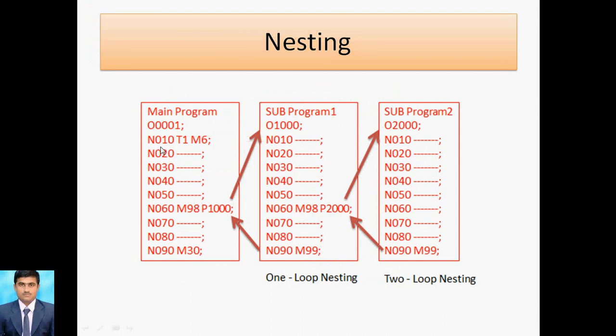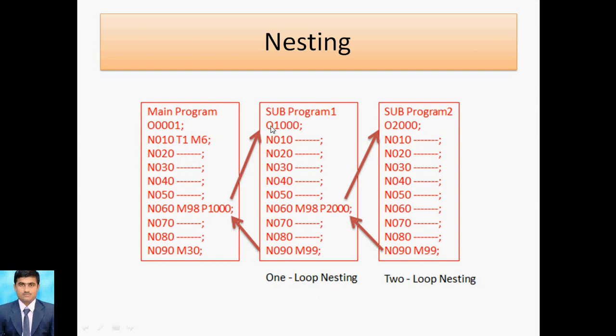So as per the sequence, that is sequence number 1, tool change. M6 is the tool change, and T1 is the tool function, that is, tool number 1. Likewise we can mention the number of blocks, and here particularly I mentioned P1000. P1000 means we can go for calling subprogram number 1. As we know, we can directly call for this.